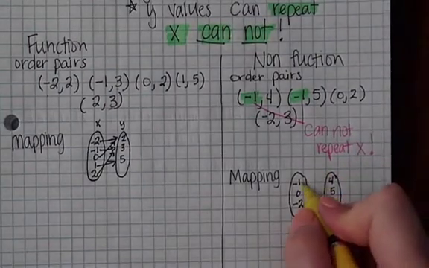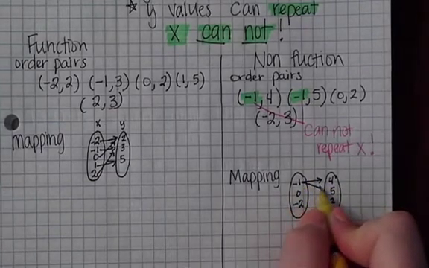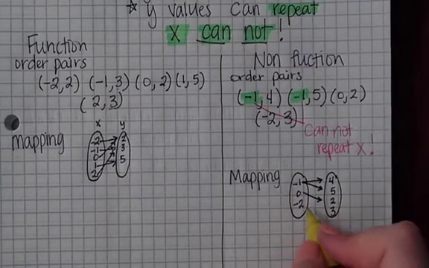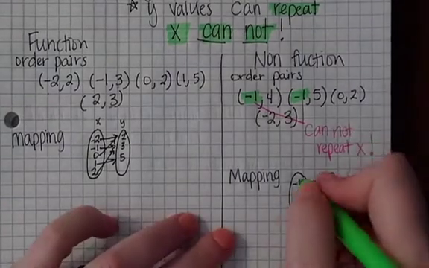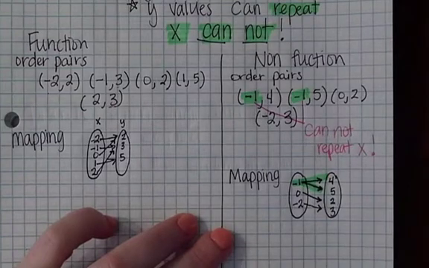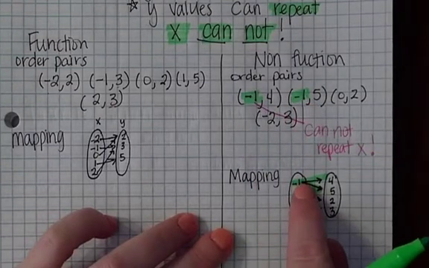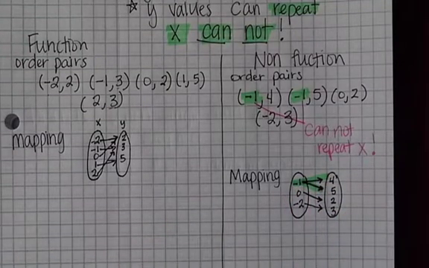So -1 to 4, -1 also goes to 5, 0 goes to 2, -2 goes to 3. So this right here is what makes it a non-function. -1 repeated because there's an arrow going to 2 different numbers. Okay,